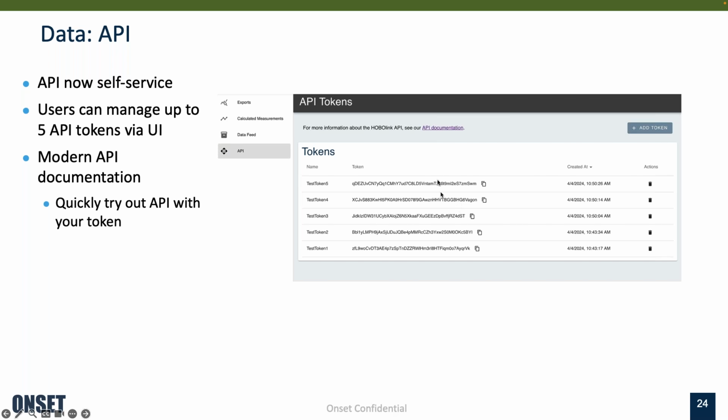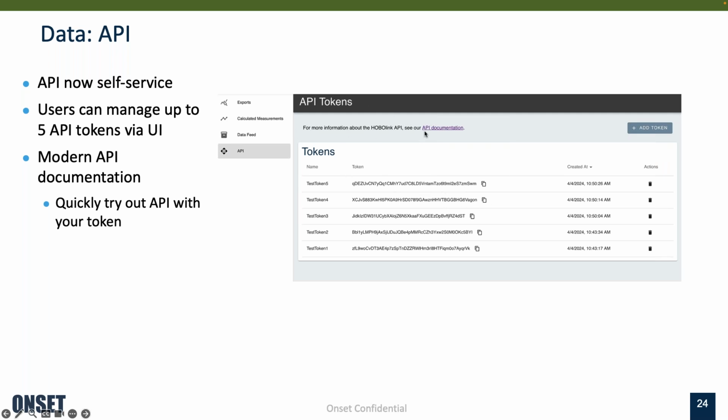It's important to note here that this token will be valid until you delete it. And then just be careful about deletion, because as soon as you do, any system or person that was using this token will no longer have access. We'll revoke access as part of that, but this gives you really full control over which API clients are accessing